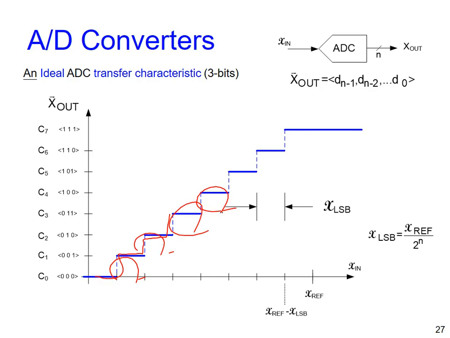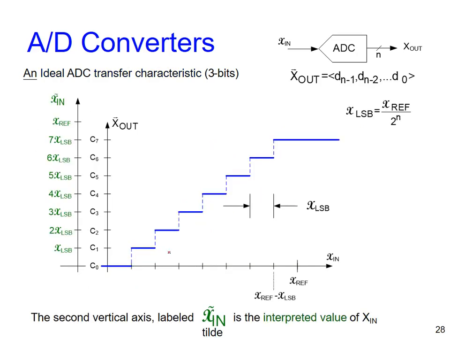Congratulations. Okay? But in practice, oh, this is an ideal. In practice, no, forget about it. In practice, each stair will be different from the others. That is the ugly truth. After fabrication, you will get a lot of mismatch, according to process variation, and so on. But what is the meaning of such a code? What does 0 mean? What does 1 mean? Oh, they have their representative value.